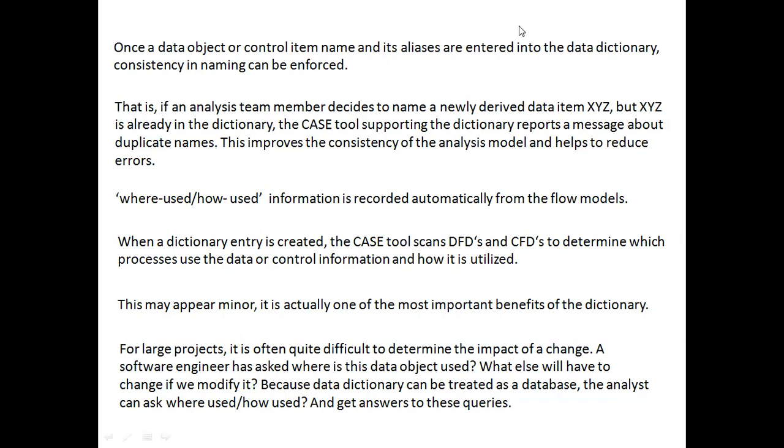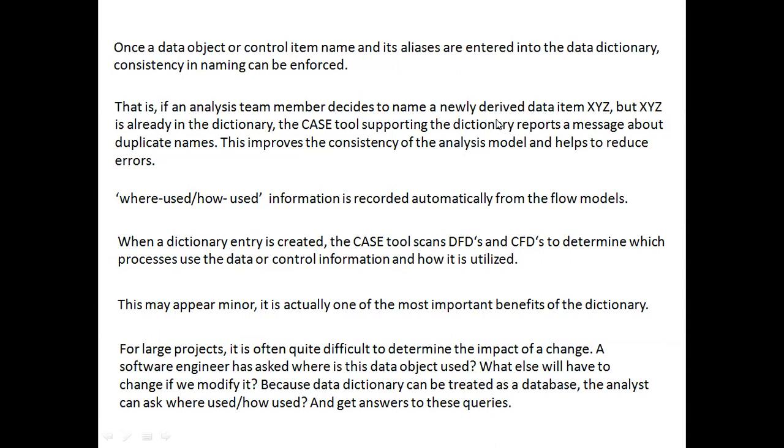For example, if we are newly adding or deriving a particular data item which has the name XYZ, but XYZ already exists in this dictionary, then the CASE tool supporting the dictionary reports our duplicate name. It means we can't give the same name to two different files.